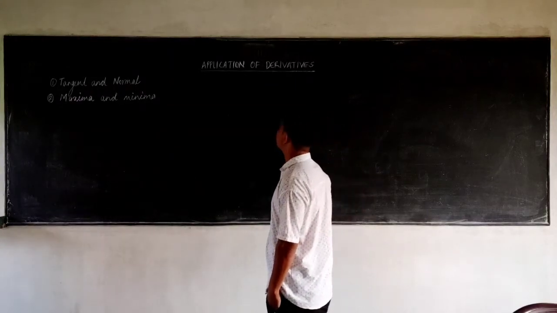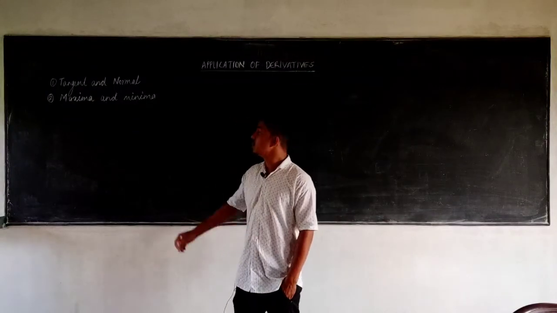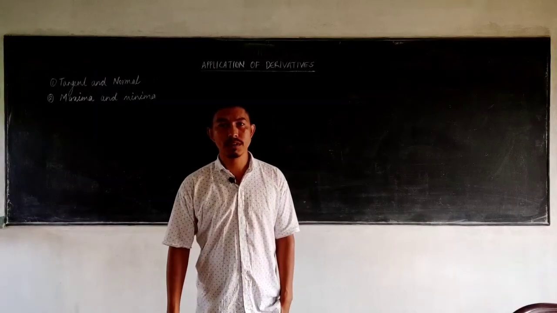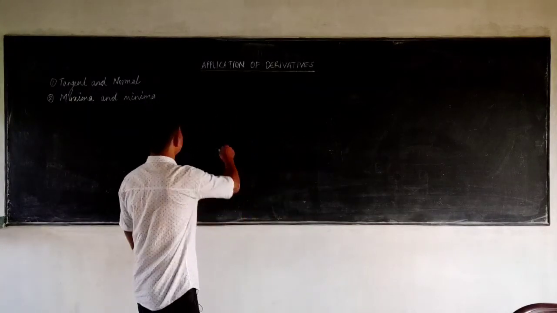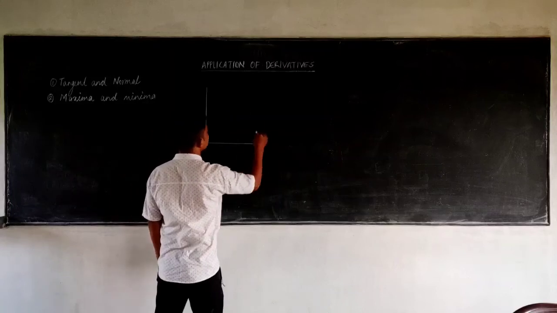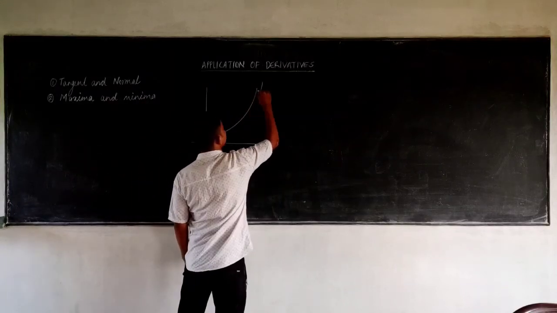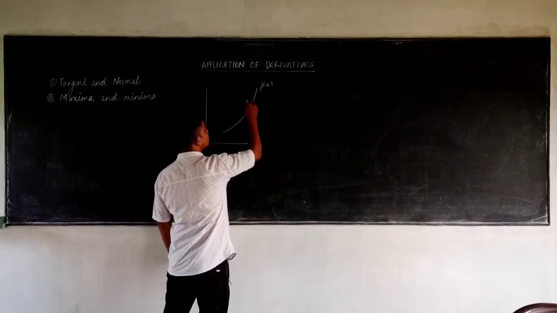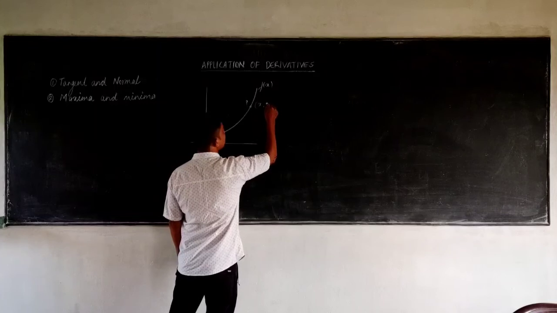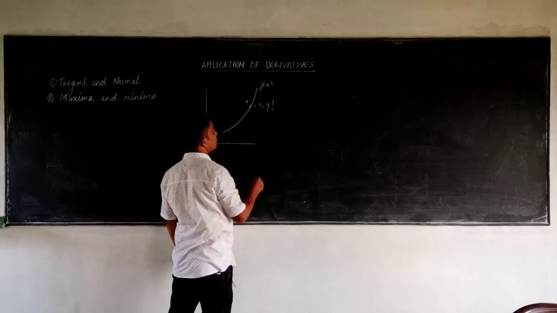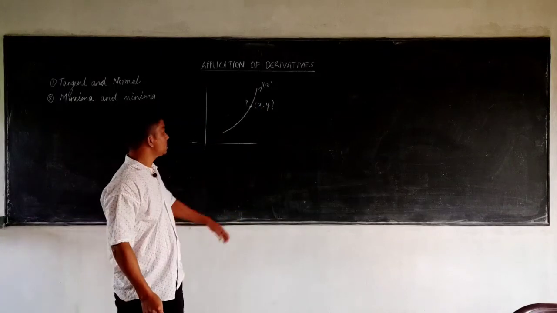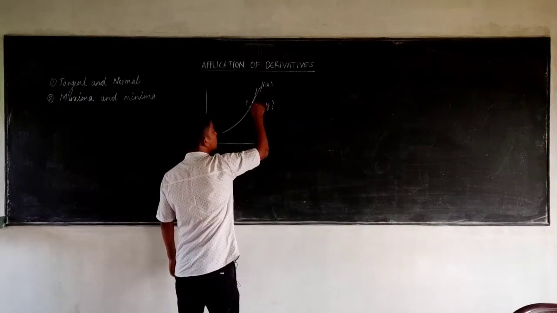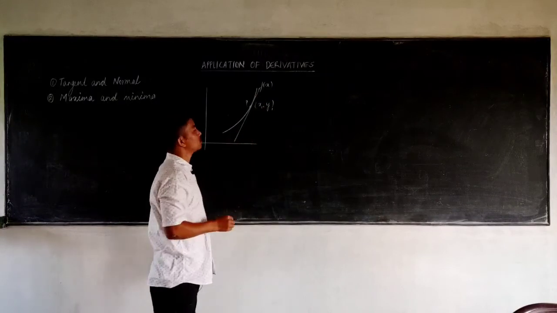The principle of derivative can be applied to find the equation of the tangent and the normal of a given function. For example, if I consider a curve, a function f of x, and any point P whose coordinates are x1 and y1, and you are asked to find the tangent to the curve at the point P, then I will draw a straight line touching that point at just one point.